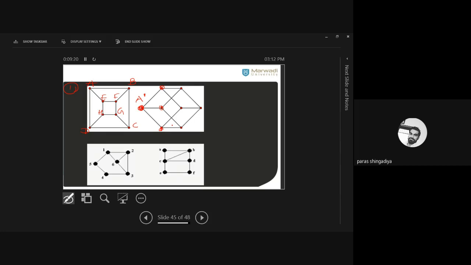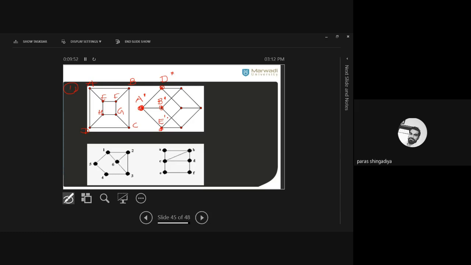So consider them as the image of B, image of E, and image of D. Clear? You can put any vertex to any image. So let us say it is D dash, that is B dash here, and that is E dash. Is it clear? Consider any vertex to any image, because there is no order that you have to start always with B, then D, and then E. Consider any vertex to any image, but it should have degree 3. Because what is the degree of B?